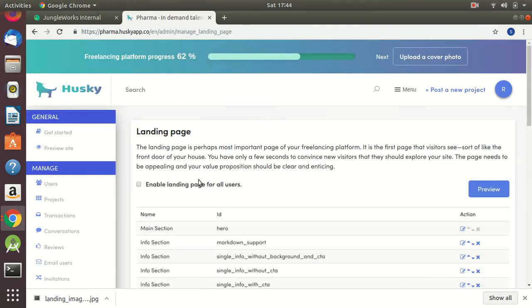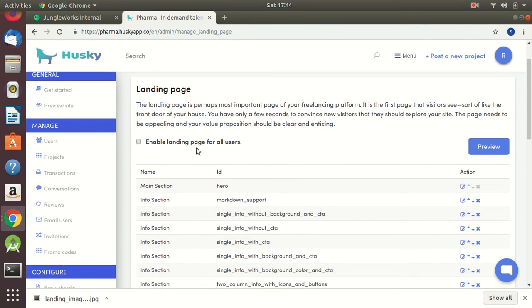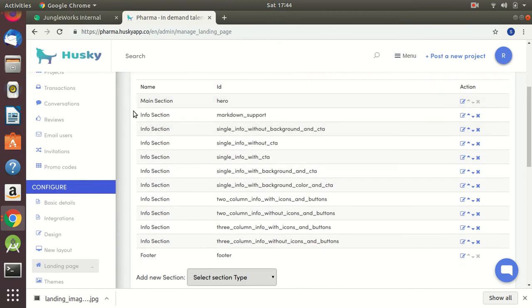Landing page is also known as the home page of the website. Admins can make the landing page more attractive so that more and more customers are attracted towards the website. For the easy access of the admins, we have given the following different sections in the admin. There are different templates already available for the admin, and by looking at the names of the particular sections, admin can add them in the way they want.